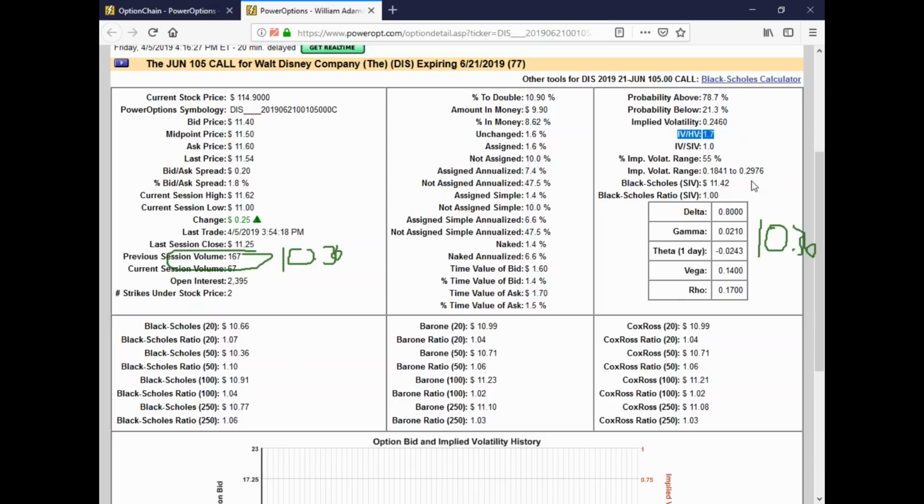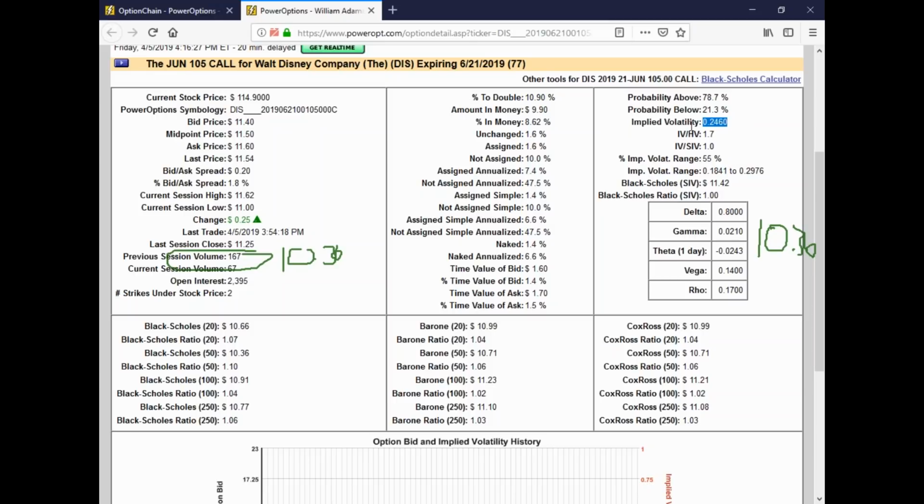Another common factor is we showed how the Black-Scholes ratio uses the historical volatility of the stock, but then it works backwards to calculate the actual implied volatility, which in this case is 0.24. Remember, the historical volatility was 0.15, so this volatility is higher for this June 105 option. And the IV-HV ratio here is 1.7. Okay, so in theory, that says compared to its historical volatility, the current implied volatility of this option is 70%